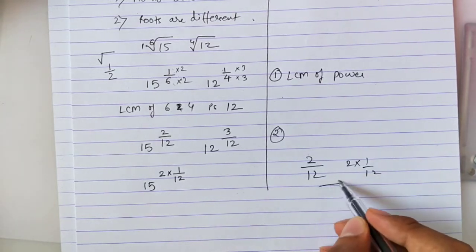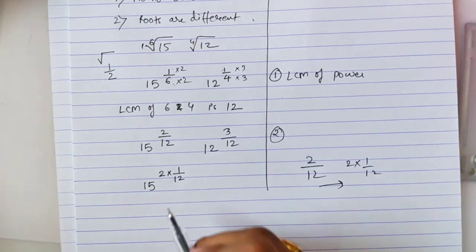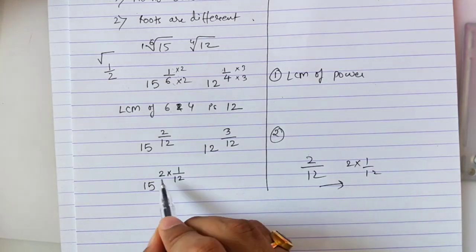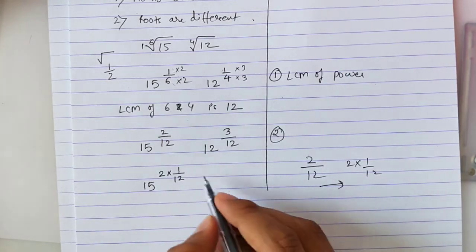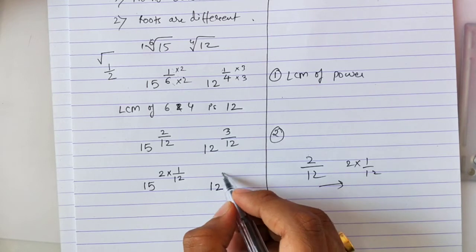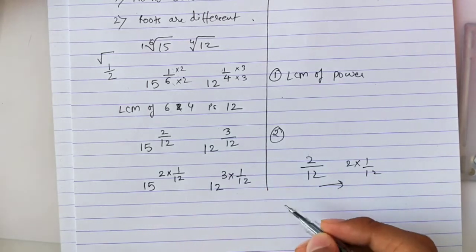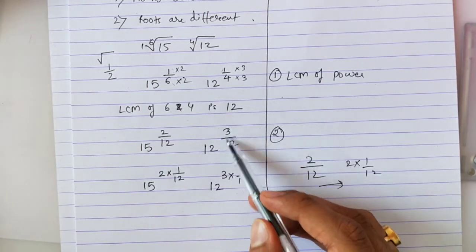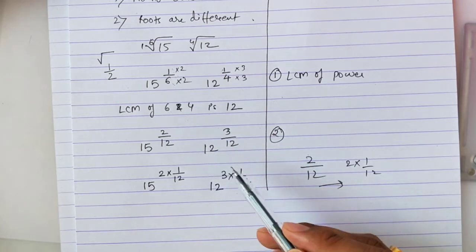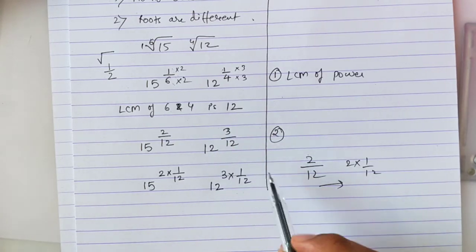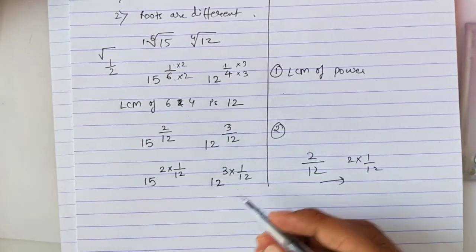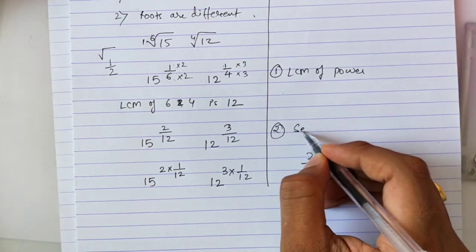Okay, this is what I am doing. This is compulsory to do. We have to do it. It was written as 2 upon 12. This 3 upon 12 can be written as 3 into 1 upon 12. See, 3 upon 12. Whatever numerator you have, just write it outside the fraction. So it became like this. Okay, this was my second step, to separate the numerator.